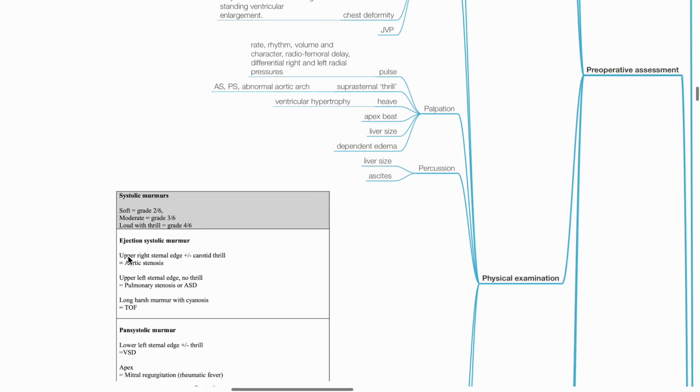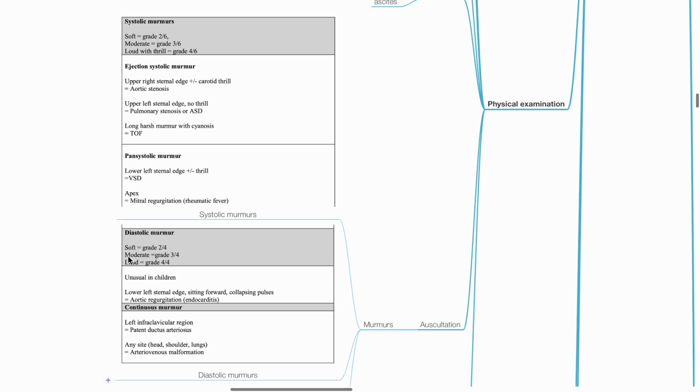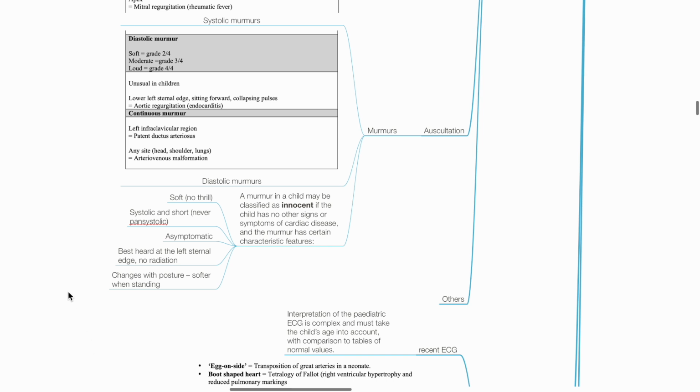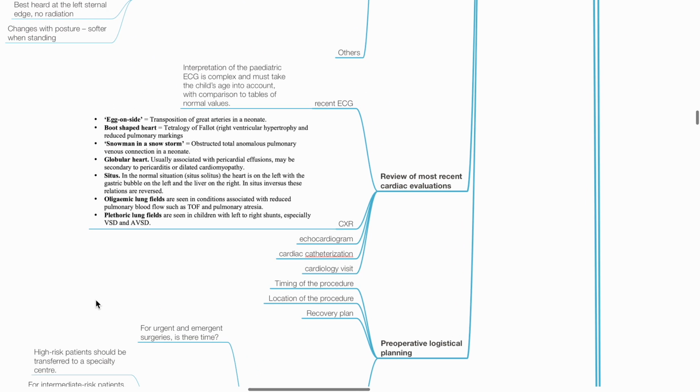Auscultate for murmurs, such as systolic and diastolic murmurs. Features of innocent murmur include soft and no thrill, systolic and short, asymptomatic, best heard at left sternal edge, no radiation, changes with posture. Review most recent cardiac evaluations such as ECG, chest X-ray, echocardiogram, cardiac catheterization data, and cardiology